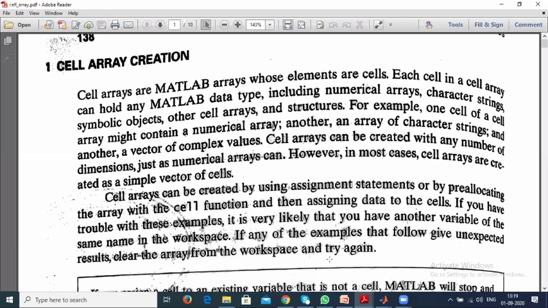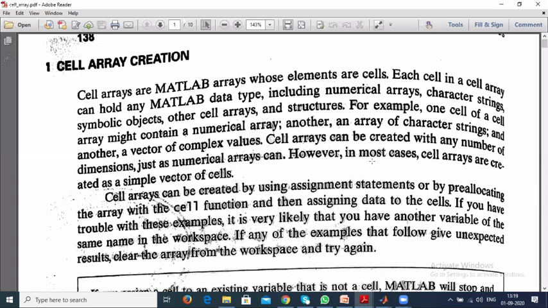Cell arrays in MATLAB are arrays whose elements are cells. Each cell in a cell array can hold any MATLAB data type, including numerical arrays, character strings, symbolic objects, other cell arrays, and structures. These are the things we can have built into a cell array.